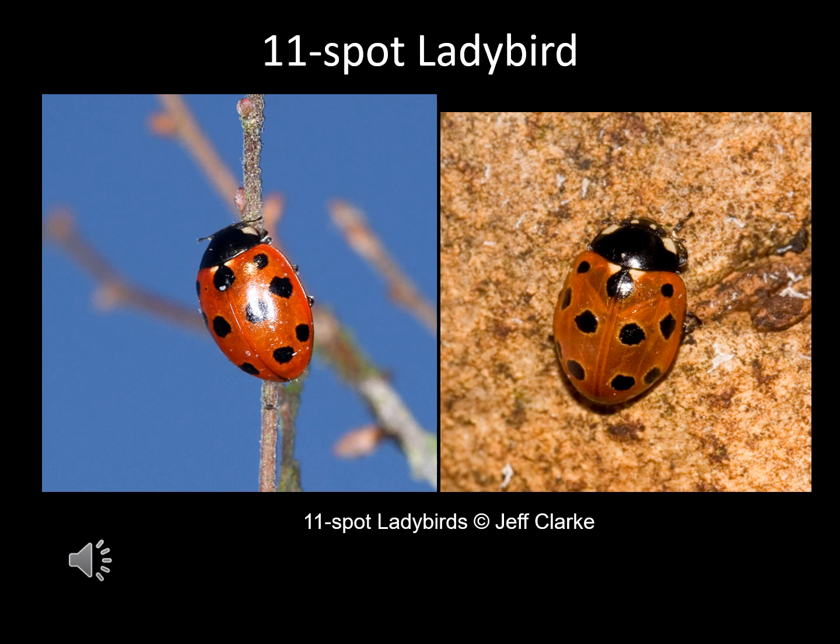The final ladybird for our session is going to be the 11-spot ladybird. It's not particularly common, but it does occur in gardens. You've got a higher chance of finding it if you're nearer to the coast. It's another one of those things where the further north you go, the more coastal it becomes. You can see that the one on the right actually has a yellow sort of ring pattern around its black spots. That's fairly common, but it's a species that you find by beating low bushes and shrubs and hedges, and